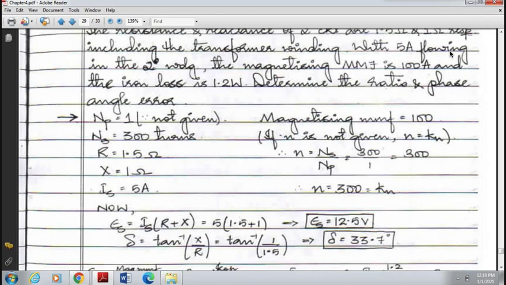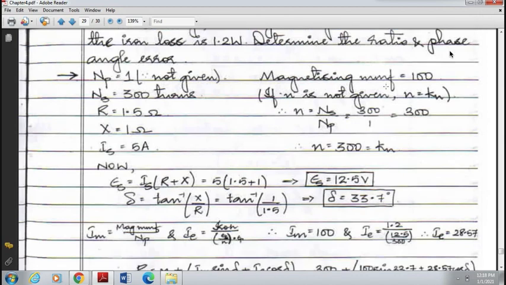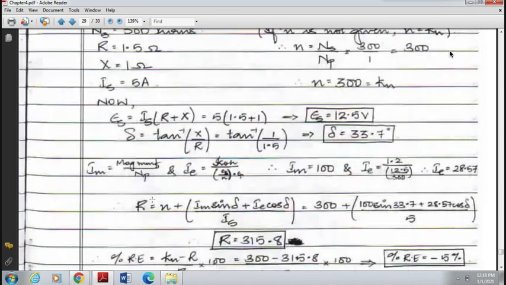So ratio error is given as Kn minus R divided by R. Before that, R is equal to, it is an equation you know. This equation is used to find out R. So here, what are the unknowns? Please find out those things first. What are the unknowns here? Have they given magnetizing component Im? Is Im given in the problem? Yes, Im is given. Magnetizing MMF, Im is directly given as 100 amperes, whereas Ie is not given.